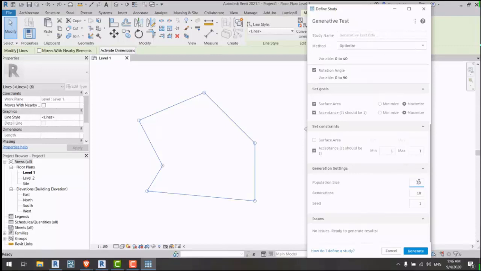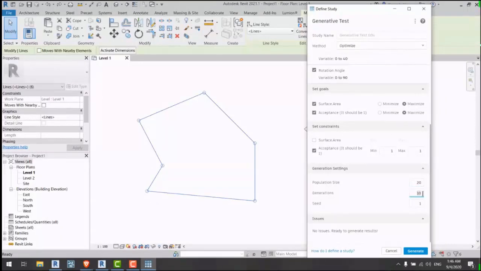So if I make population 20, it'll try 20 times to give me the best result. Then it will take the best of those 20 and upgrade it to the next generation. And the next generation will try another 20 and get the best one and keep upgrading until it reaches